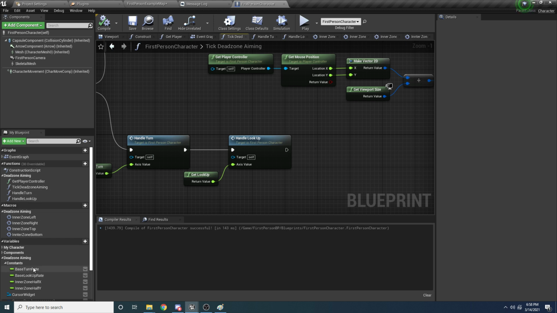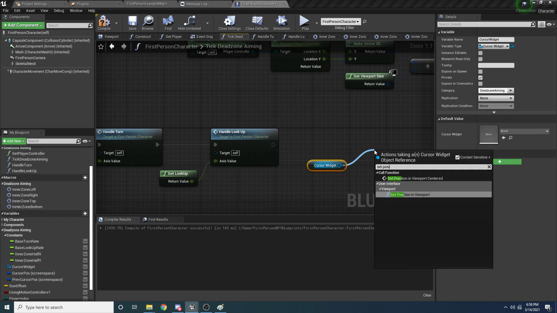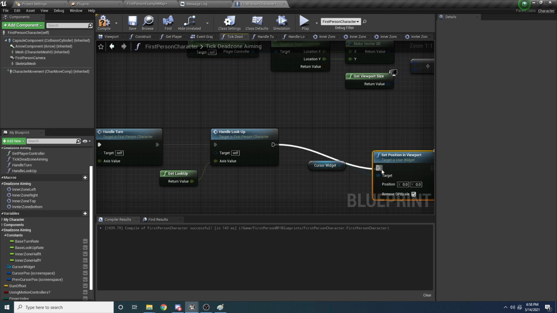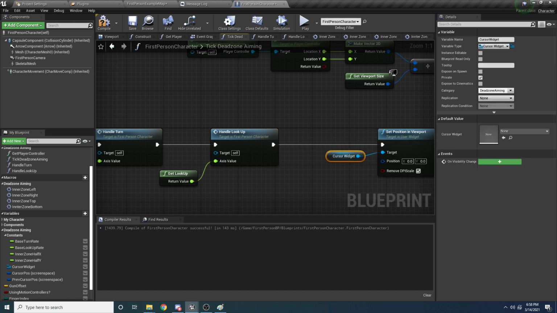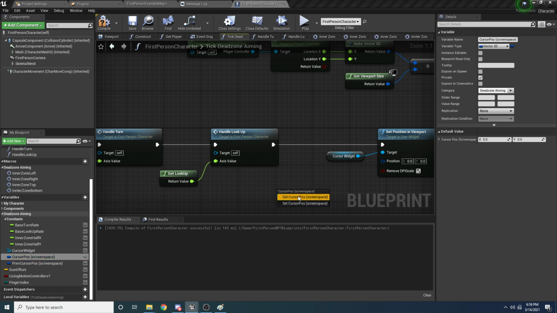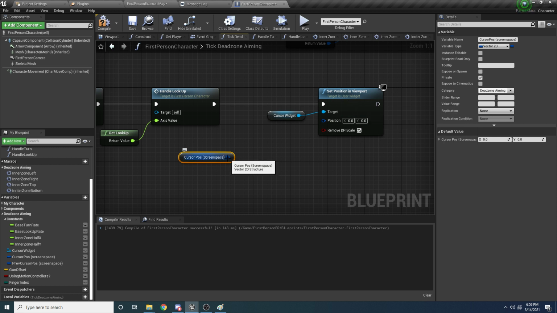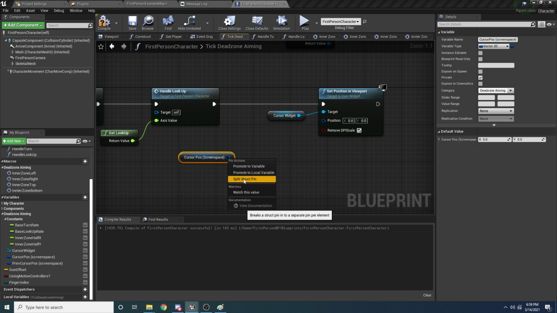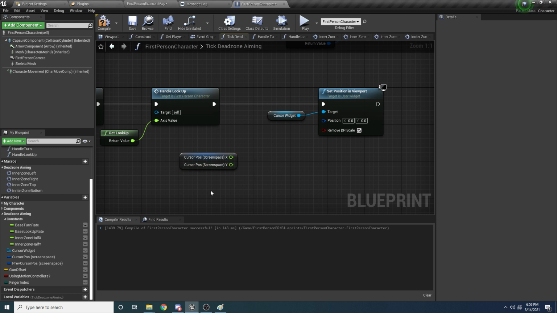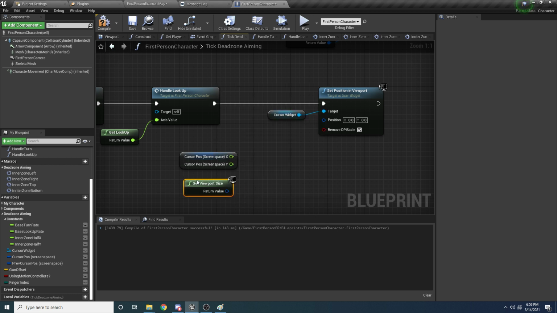So let's grab our cursor widget and say set position and viewport. And so the position we want to set it to is going to be the cursor position. So drag in the cursor position. But again, this is in screen space and this is expecting it in like viewport space. So we want to split this and then we want to multiply the viewport size. So we say get viewport size and we will say